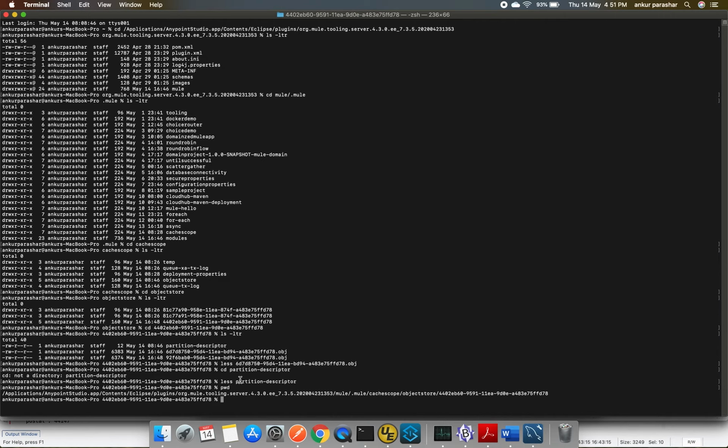I will again show you the path where we have located. By default it goes towards the plugin folder. In any operating system, be it Windows or Mac, this particular file system location remains almost the same, and after that is the application name, and if it is using object store, then it will create this folder and the respective entries will be there. I hope you like this video, and this video will help you to further explore the different caching strategies available, and what are the different options we can further explore.